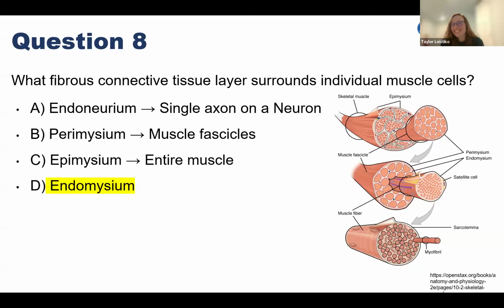No worries. You're so good, Taylor. One thing that could be a good IDC is, what do the prefixes mean for this question? One thing that might be helpful is, instead of individual muscle cells, if it said what fibrous connective tissue layer surrounds muscle fascicles, then the answer would be